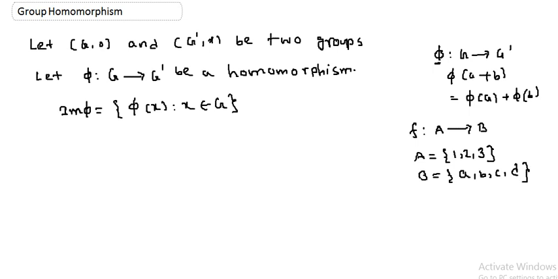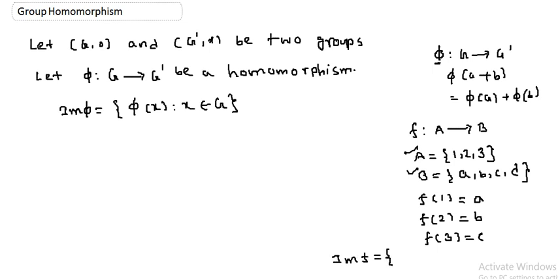Let me define how the function is defined. Here A is a non-empty set and B is another non-empty set. Let me define the function f from the set A to B, which means we assign the elements of the set A to the set B. For example, f of 1 is a, f of 2 is b, f of 3 is c. So in this case the image of f